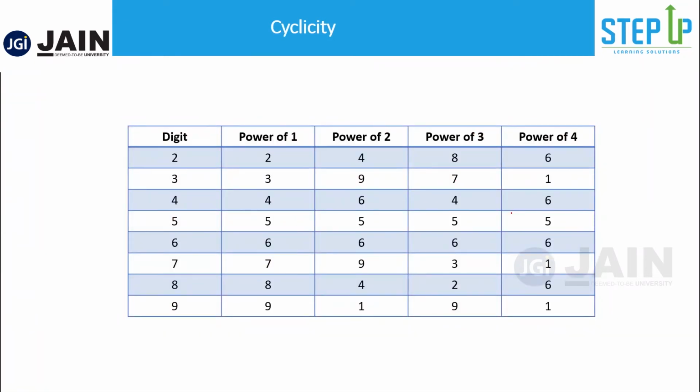So let's look at something that we have already put for you. You should remember all these, or even if you don't remember, you can just check 3-4 numbers and you will see the cyclicity. The cyclicity of 2 is 4. Now this is also repeating after 4. Once you get 1, it starts repeating. This is cyclicity of 2, cyclicity of 1, cyclicity of 1, and here you have cyclicity of 4 again. Here you have cyclicity of 4, and 9 you have cyclicity of 2.